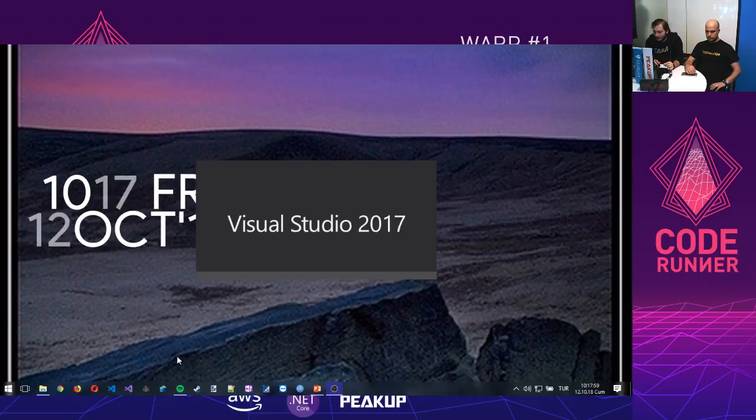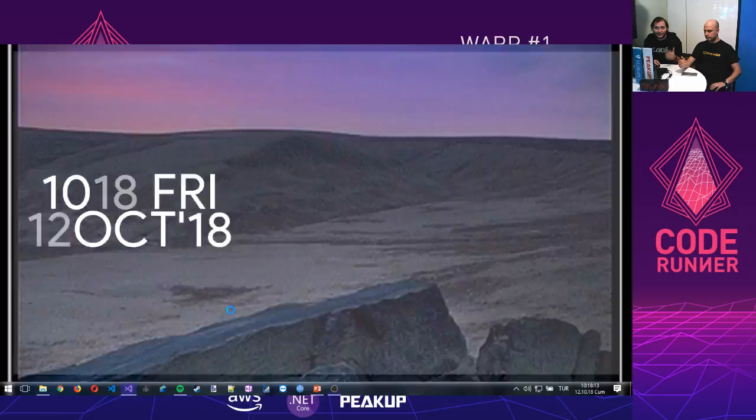I'll open up Visual Studio. We're going to create an AWS Lambda function project. Before that, actually, we're going to have to create that table to